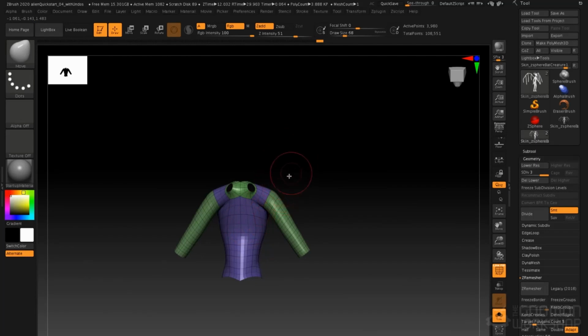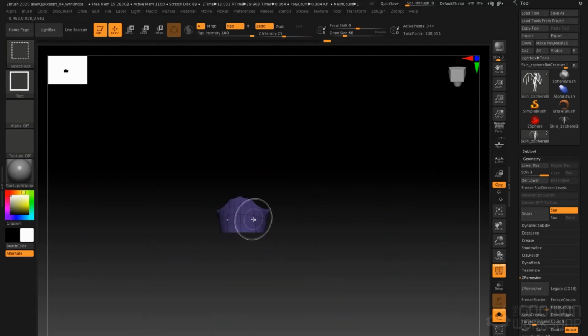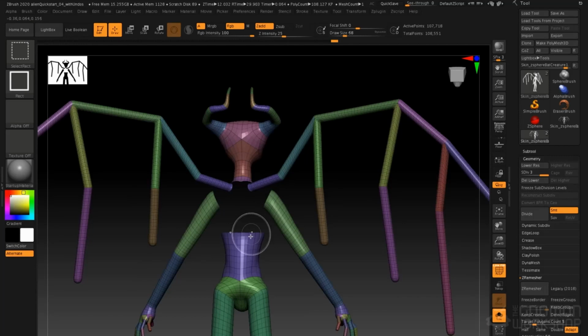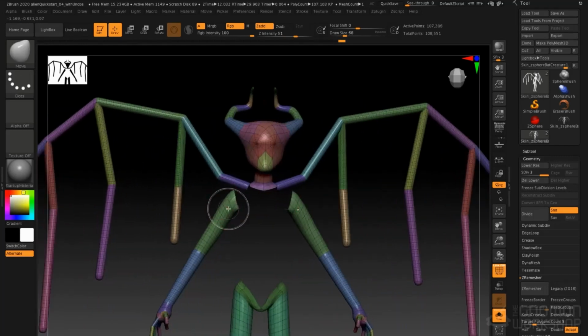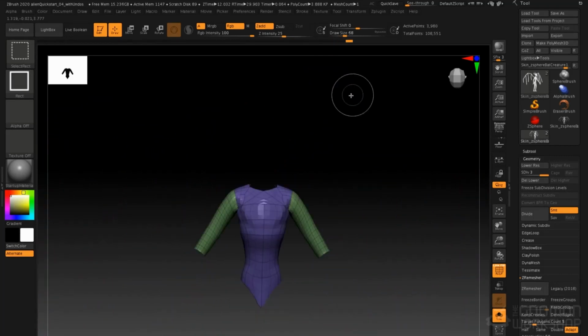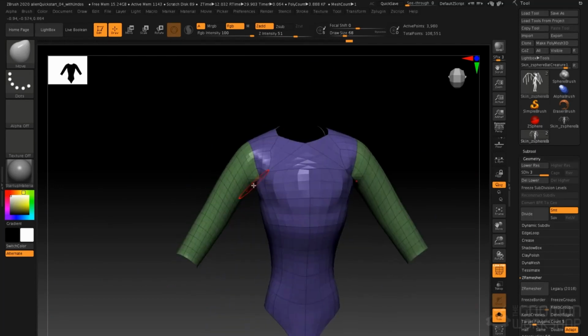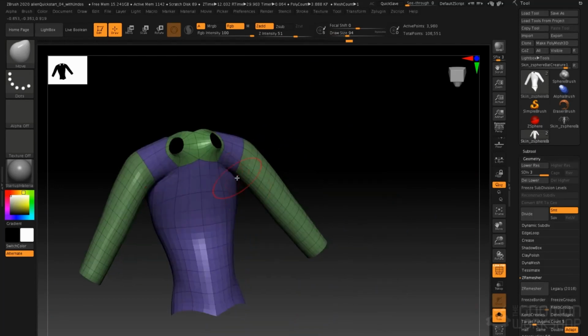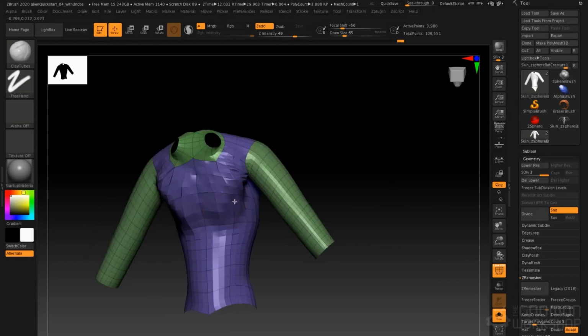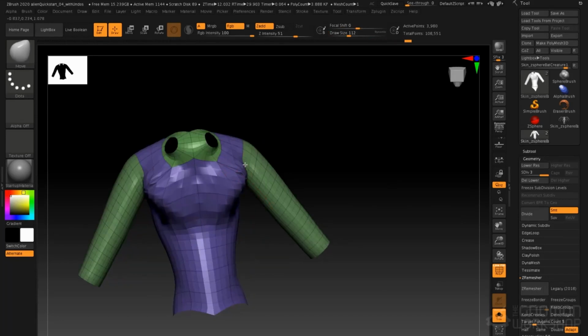Again, for polygroups, Control-Shift-Click on a polygroup will show or hide it. So I'm just going to hide the polygroups I want to be working on right now, and then Control-Shift-Click and drag on the background to invert that visibility. Now I'll come back here and start to suggest the scapula and the back, take the move brush, shift that out a little bit,